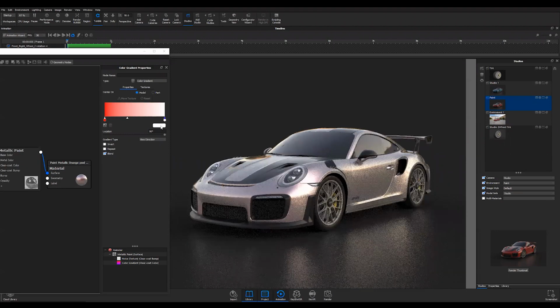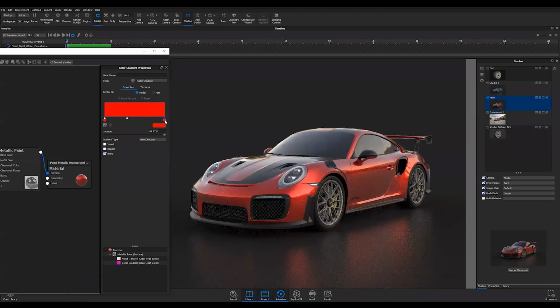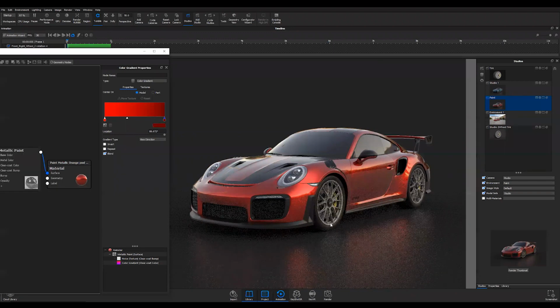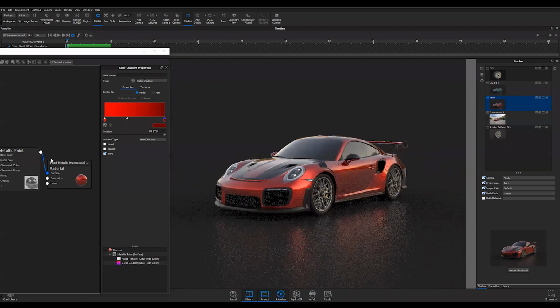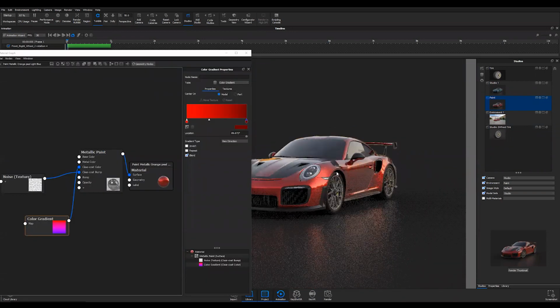So let me turn this into red. And I'm going to make this red darker. So you can see now that we have a nice rich red, and it goes to dark and back to red because we're doing like a metallic paint. If I turn this off,